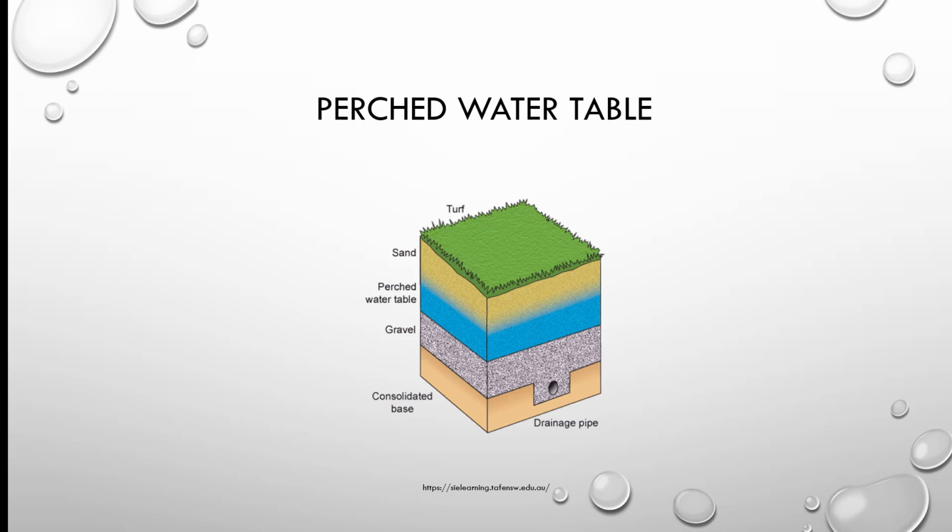Okay, perched water table, you can see that here. It's basically where water gathers, and one of the things you've got here is you've got gravel and you've got sand, and those are two different types of soil textures. And when you have an interface between soil textures, you will have this perched water table, because it'll take a lot to get that water to go to another soil texture. It has to saturate the upper portion before it leaves that area. So you end up with this perched water table.